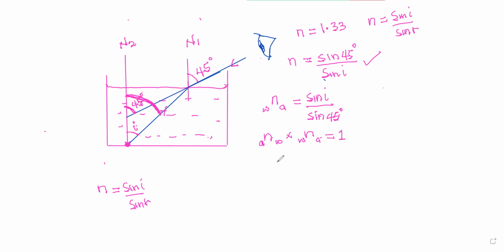So if from air to water we are given 1.33, then the refractive index from water to air would give us 1 over 1.33. Please, are we okay? Yes. Therefore, making the refractive index from water to air the subject from this one,